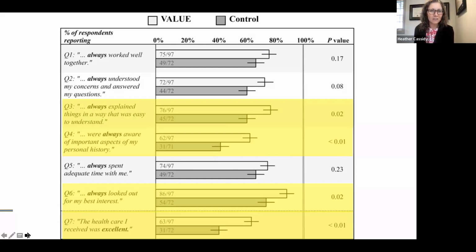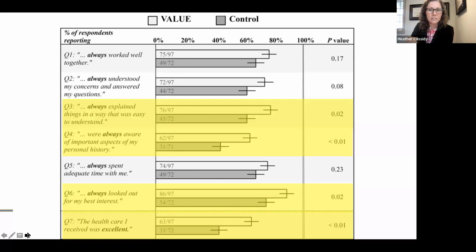So one of the theories here is because of the positive experience that they're having with the student and how that reflects back on the preceptor. And another theory is around the ways that the preceptor may be spending extra time in the room or changing the ways that they explain things when they have a learner who's also present in the room. But I think this is pretty compelling data that our patients who are part of these LIC panels are also